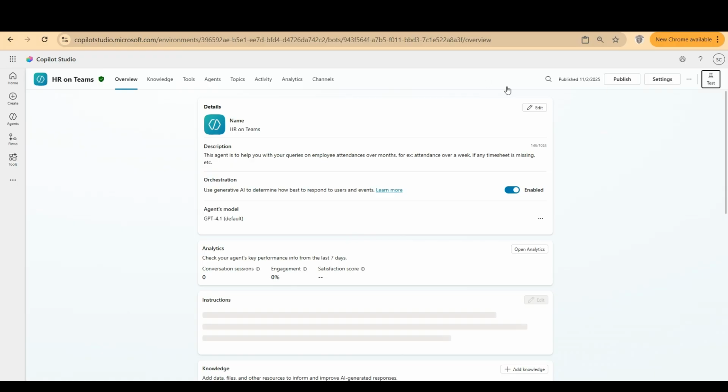Here is an agent which I have created, an agent that can help with answering questions on various HR activities. Say, for example, if you're asking your team's attendance on a given date, or how your team is attending over a month, all these things. So for that, I have created this agent. I have given a fanciful name called HR on Teams. So I'm clicking on settings and